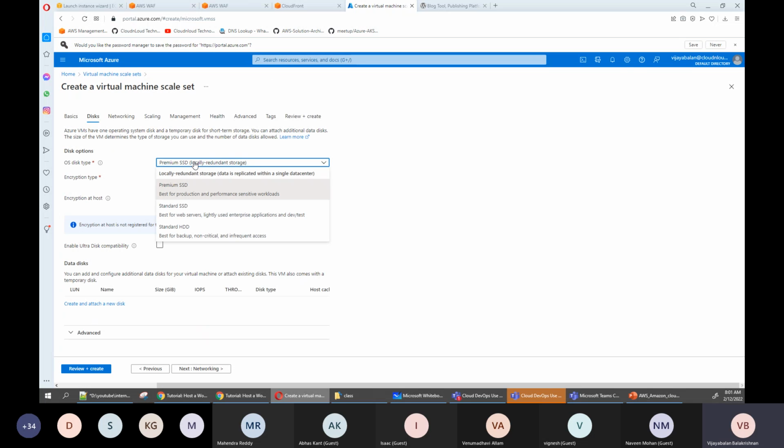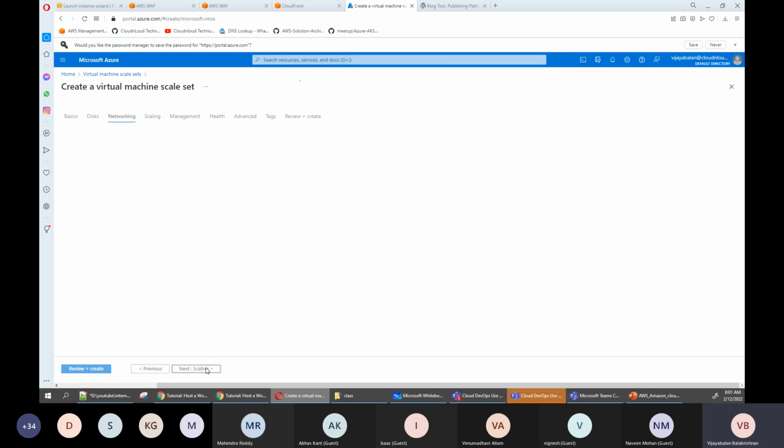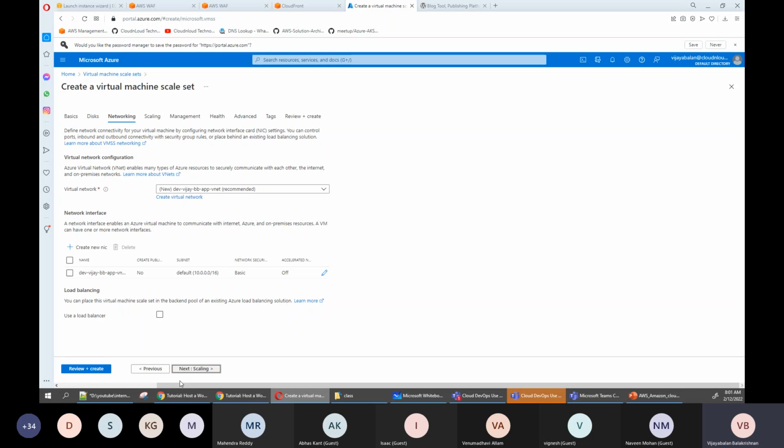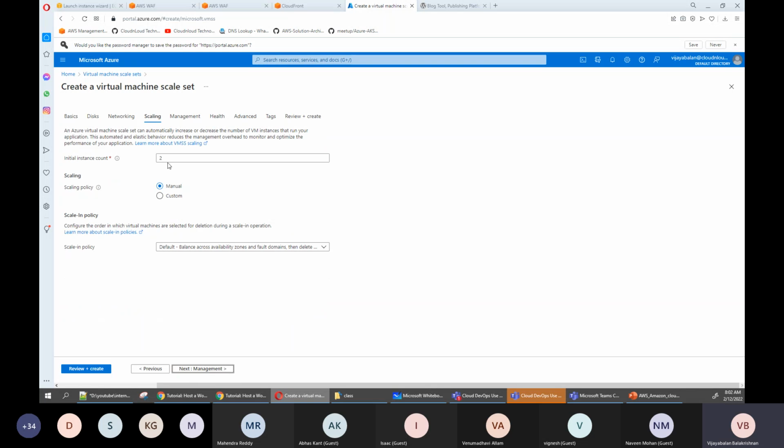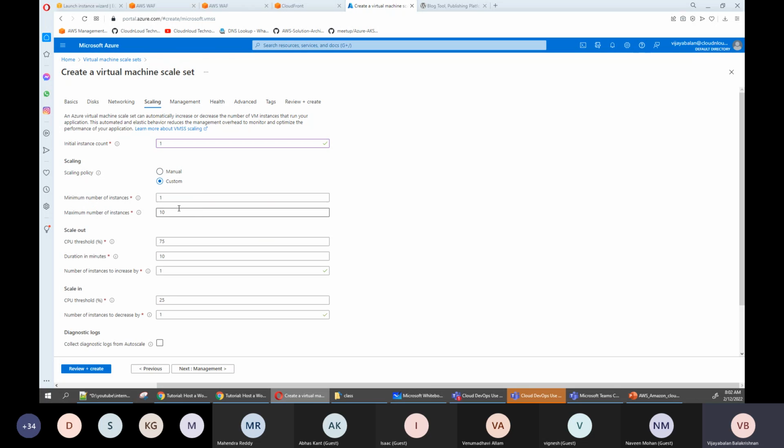And I don't want to go with the SSD because I'm learning. So I will go with the normal hard disk. Everything I'm going with the default settings. And here, instance count, I need only one. Okay, and I'm going for custom. So here I'm saying 1 minimum, maximum 4, and CPU threshold: if I go beyond 60%, automatically I need